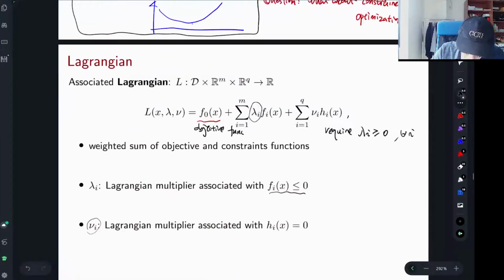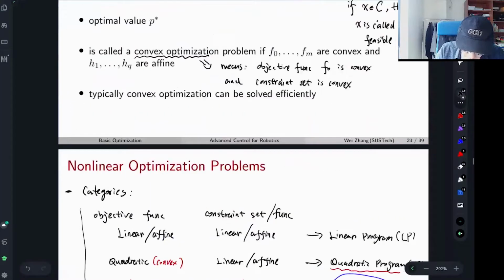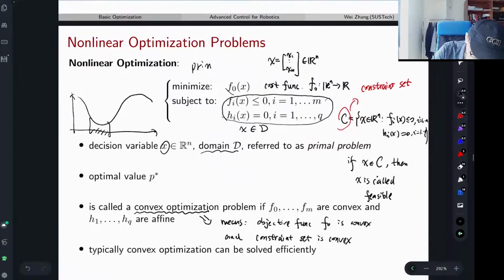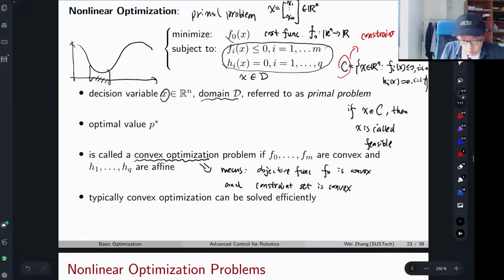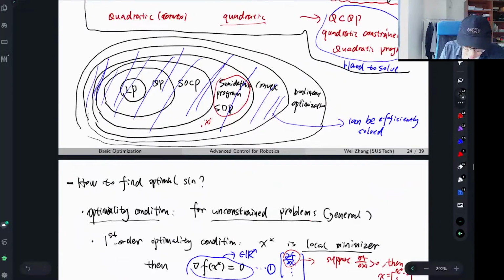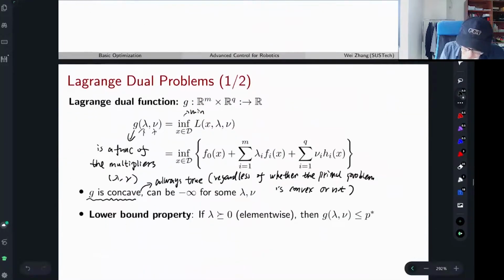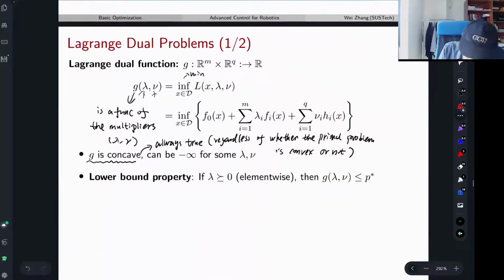What do I mean by primal? I refer to this, let me call it the primal problem. This problem is a general nonlinear non-convex problem in general. Okay, it could be convex, could be affine, could be a linear program, could be a QP. Okay, could be non-convex. Right. So whatever this problem is, the dual function is a concave function. Okay, so I want to briefly discuss that. This is because